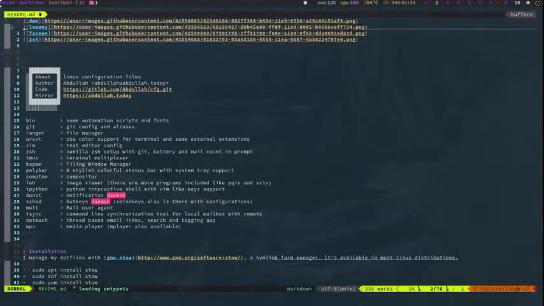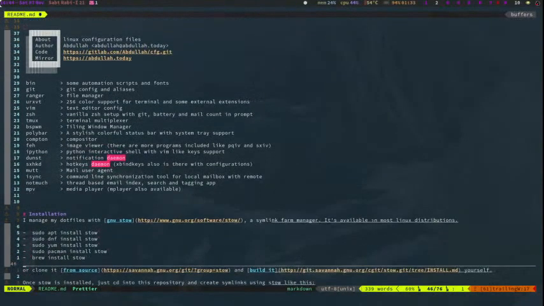There is a link to its source code, so you can go there and compile it for yourself. Let me show you the readme file. Here is the link.